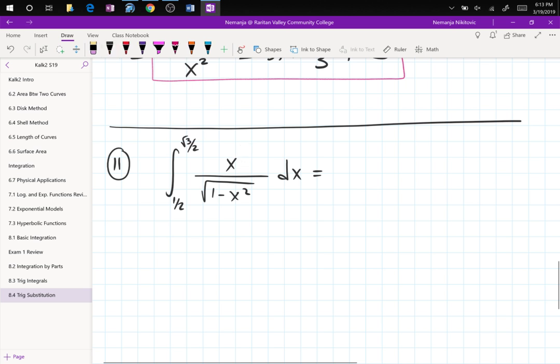If I erase this square, do you see that this problem is a basic Calc 1 U sub? And now I add a square over here, and then it becomes a trig sub. Look at that. Beautiful, right? So,